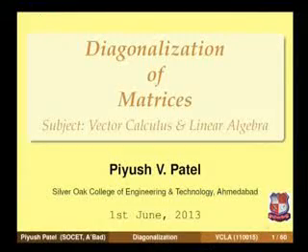In the last lecture, we discussed the eigenvalue problems and saw how to find eigenvalues and eigenvectors of a given square matrix, so that we know very well. Diagonalization is one of the applications of eigenvalue problems. So let us see what this diagonalization problem is and how to carry it out.